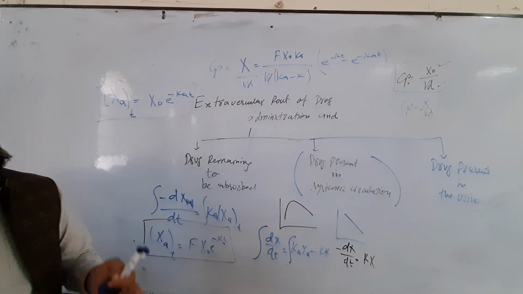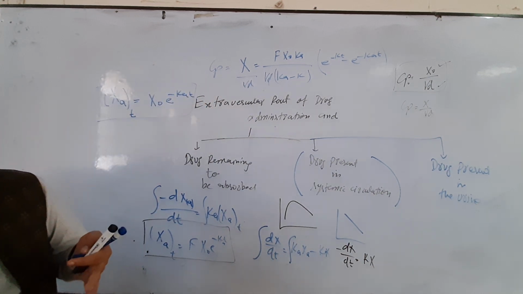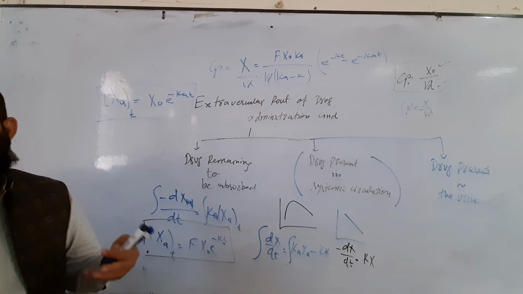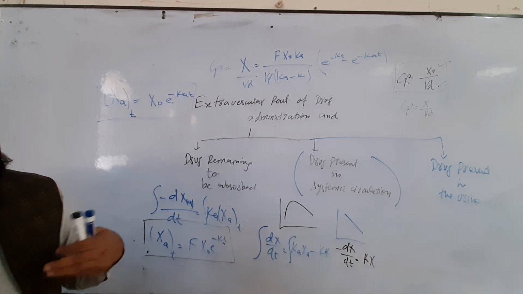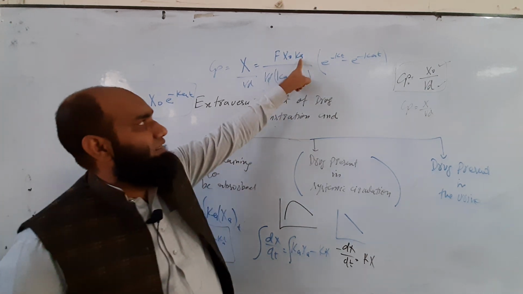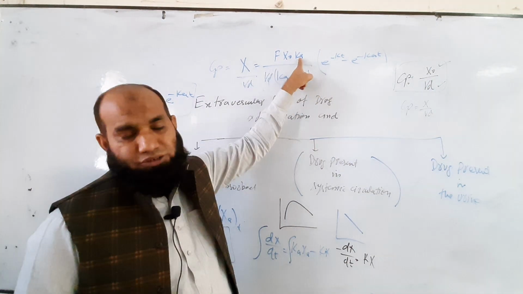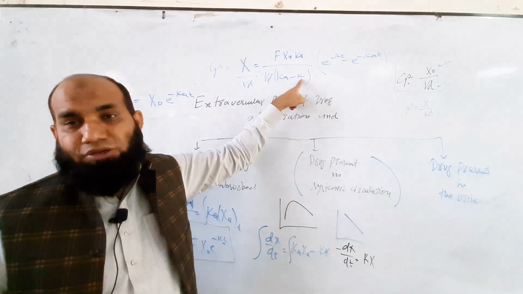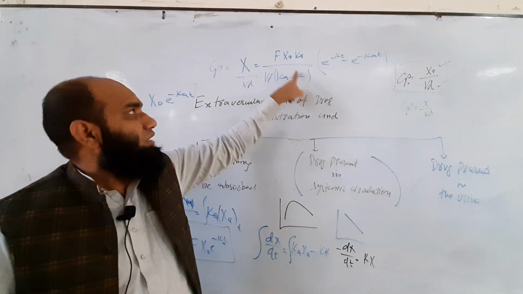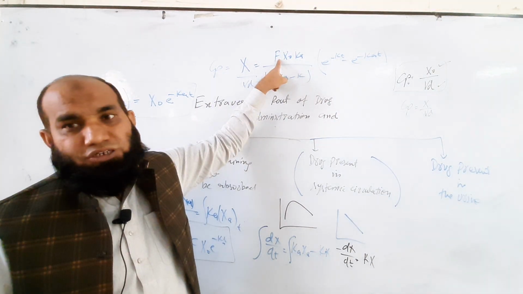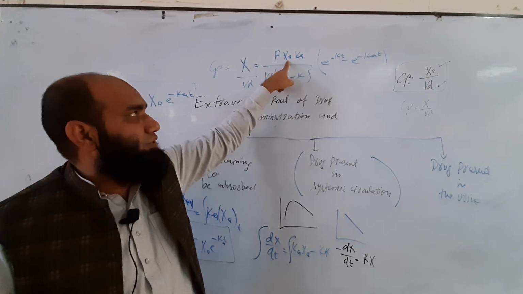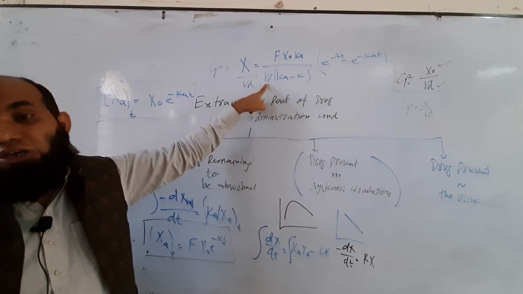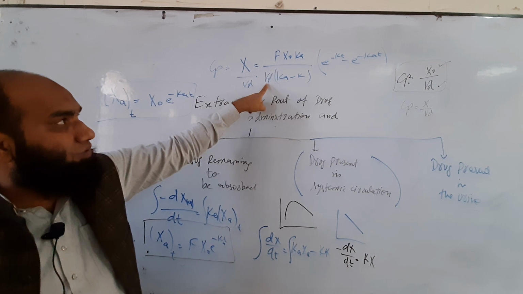Okay, now we will do some exercises, some calculations, if we want to calculate the amount of drug whose dose was 200 milligram, and half-life. Remember, in these cases the absorption rate constant can be calculated from the absorption half-life. The elimination rate constant can be calculated from the elimination half-life. F is the fraction of drug which is getting absorbed, and X naught is the amount of drug. Vd is a constant, which can also be calculated from the clearance. We have already given the large concept of the volume of distribution.